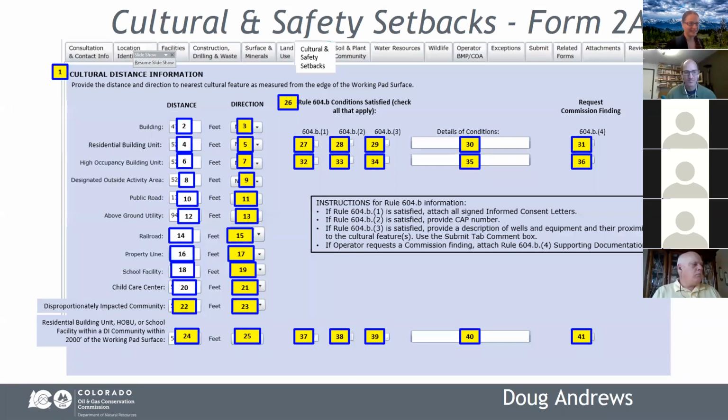Okay. So let's get started with the cultural and safety setbacks tab. For my presentation, you'll see that every single data field has a number on it. And this is part of the checklist that we're going to be preparing for you guys. And for my presentation, I've highlighted in yellow all the data fields that are either brand new or some existing data fields that have some significant changes and revisions to them. So you can see on this